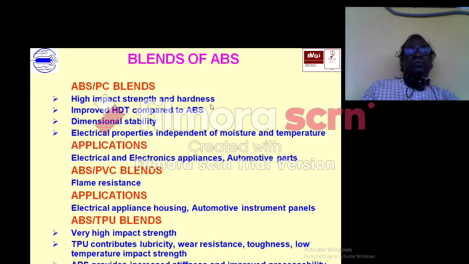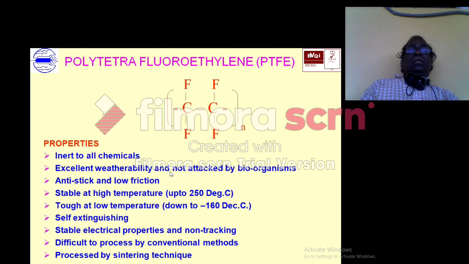And cell phone parts, most of them are manufactured from an ABS and PC blend because it will give an excellent finish and more strength. Because of adding the polycarbonate, we will have more strength and application in electrical, electronics, and flame resistant materials. And also ABS is mixed with thermoplastic urethane, thermoplastic polyurethane. So you can blend with PVC, EPC, and TPU. If you blend the PVC, you will get a flame resistant material.